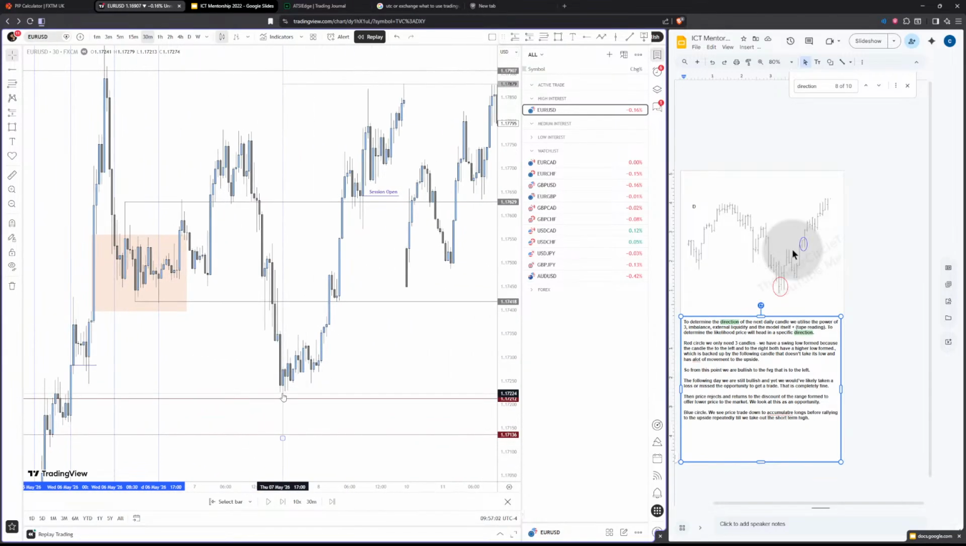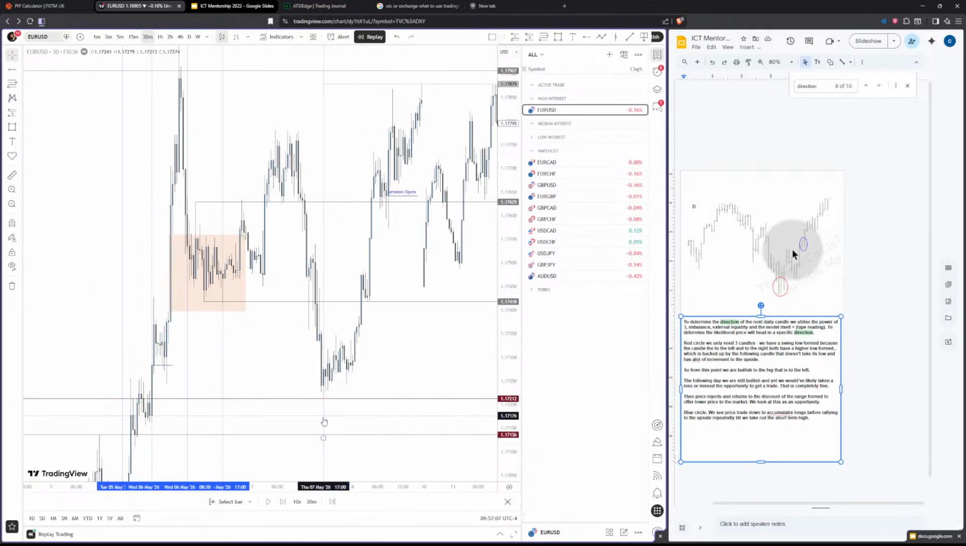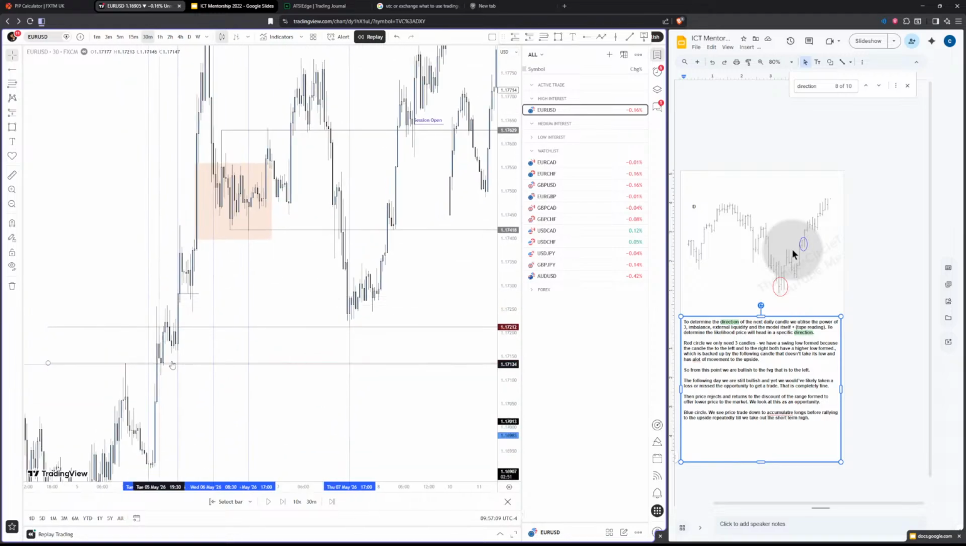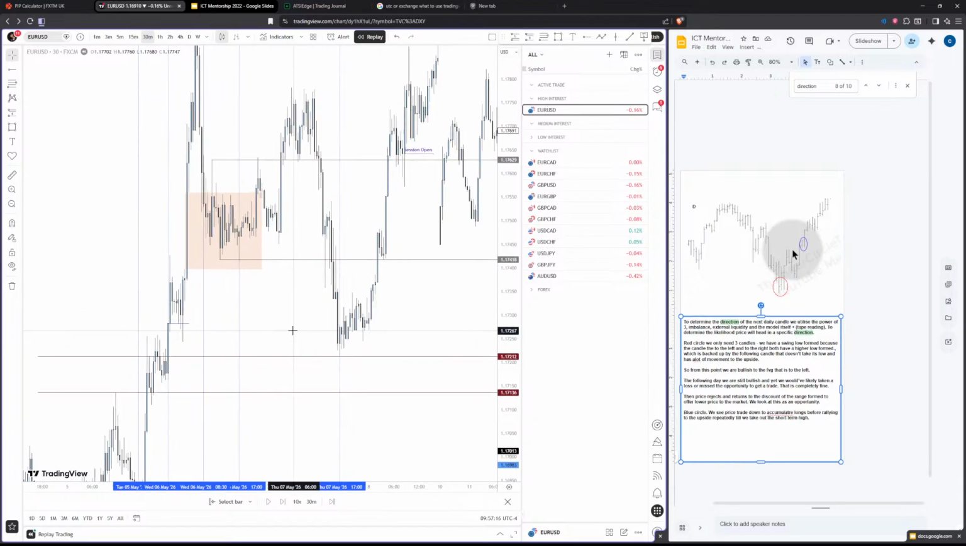And then this fair value gap was created here. So this imbalance actually didn't exist. So we can't say that we're targeting this fair value gap because it didn't yet exist. It actually existed from that point. So